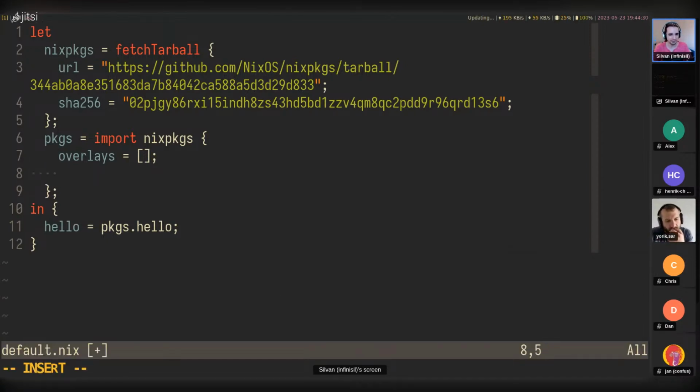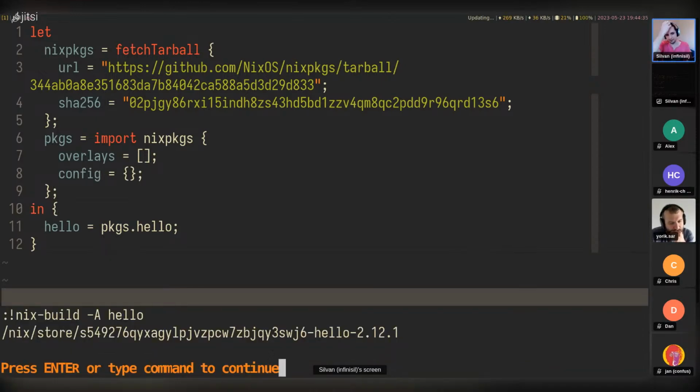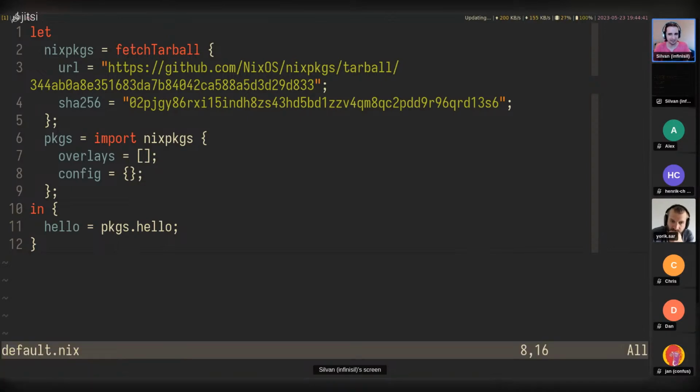And so I'm going to fix this using this config thing here. Okay, and now, I mean, we need to be complete about the impurities here. There's also system as an impurity. And so if, let's say I'm on a different machine, on a different platform, actually, can we do this? Yes, we can. I think it was their system. Oh, that's your system, yeah. So let's do like AR64 Darwin.